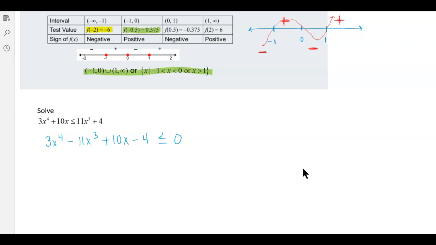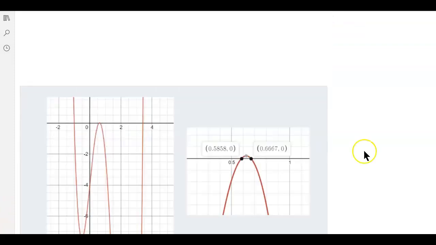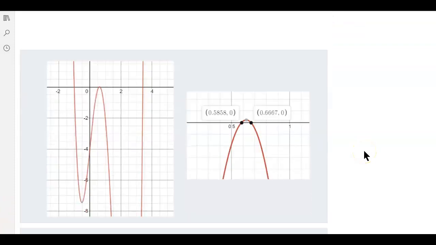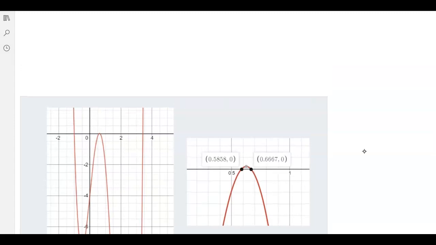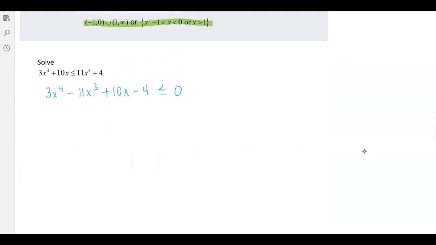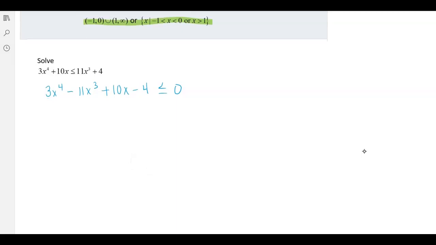Now, I think the easiest thing to do is to start by graphing this on Desmos to figure out where some of the zeros are. I have a graph here that I put together, and we can see that one of the zeros is at negative 1, and then one of the zeros, I think, ends up being at 2/3. Those are the rational zeros that we get. We could do this by hand by going through the rational zeros theorem, but it turns out that 2 of the zeros end up being at